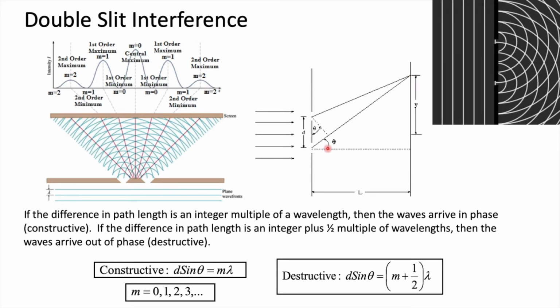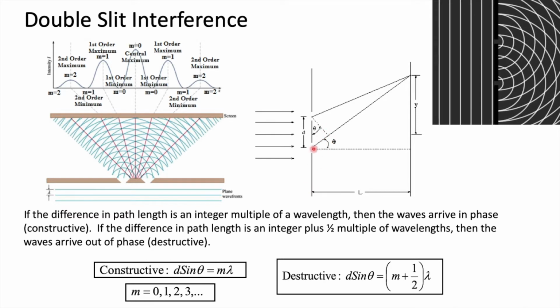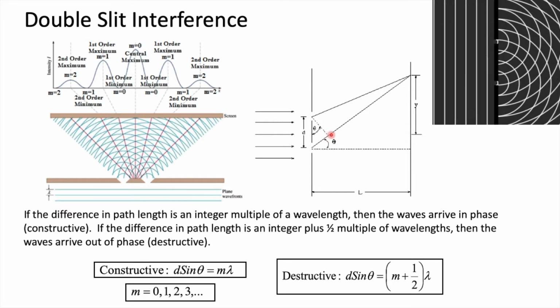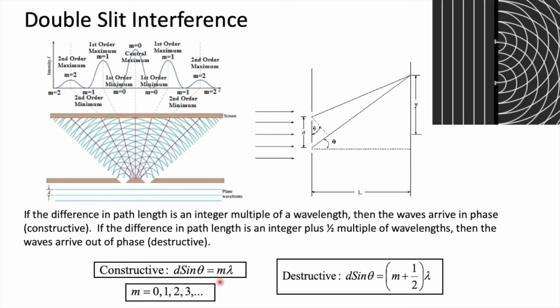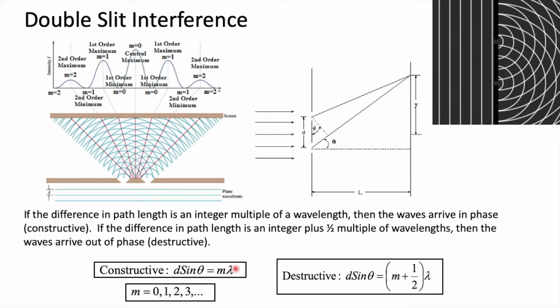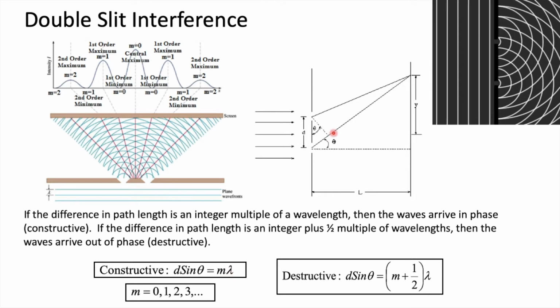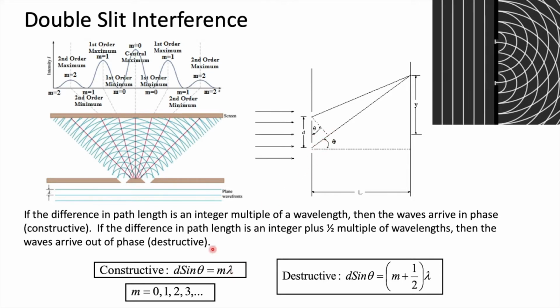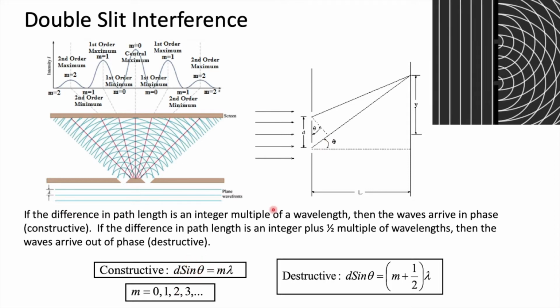The condition is that if this path difference, d sine theta, is an integer multiple m of the wavelength lambda,